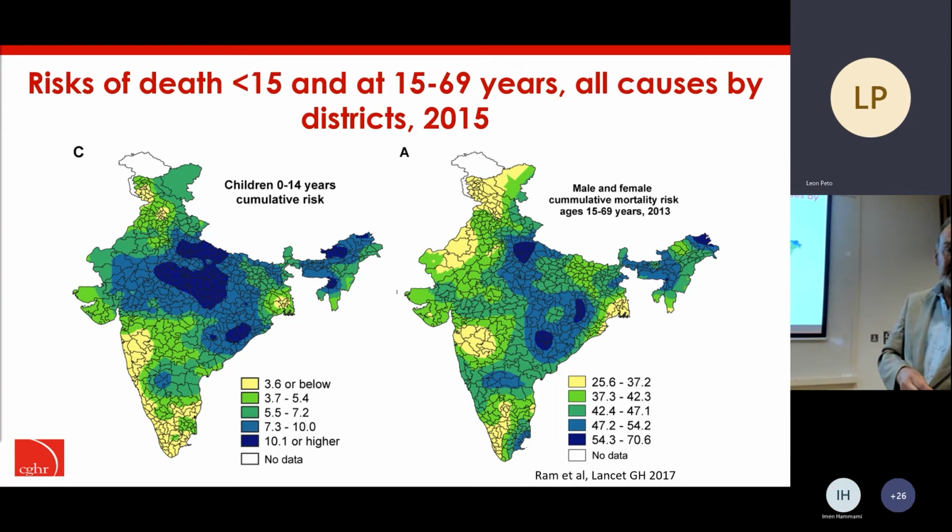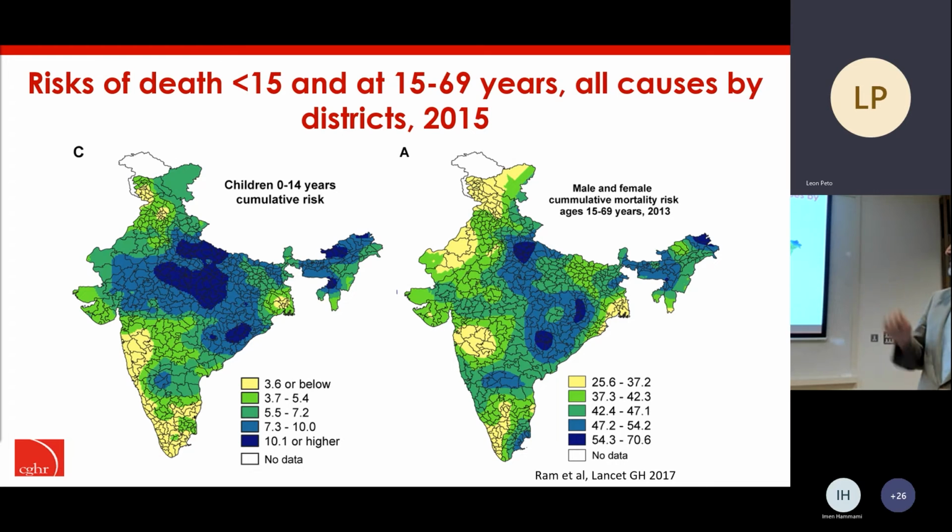So more broadly, in India, there's an extraordinary variation in mortality at different ages. At 0 to 14, you see a north-south gradient, which has been well described. The poor states in central India are the ones that have very high child mortality. And if you try to explain why this variance across districts, actually just a few variables such as maternal education and childhood immunization levels explain